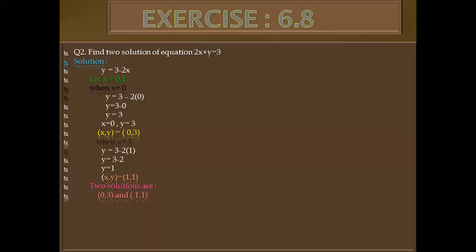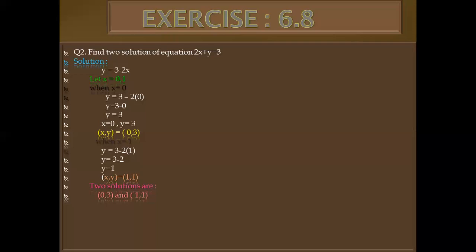Now we come to the other solution. When x is equal to 1, now in the same equation, y is equal to 3 minus 2x. Actually in the question, 2x plus y is equal to 3, this is given to you. I shift 2x to the side of 3, so that's why the equation becomes y is equal to 3 minus 2x. Don't think about where I bring this equation from. I solve it from the question which is given already. I write y is equal to 3, I shift 2x to the side of 3 and it becomes minus 2x.